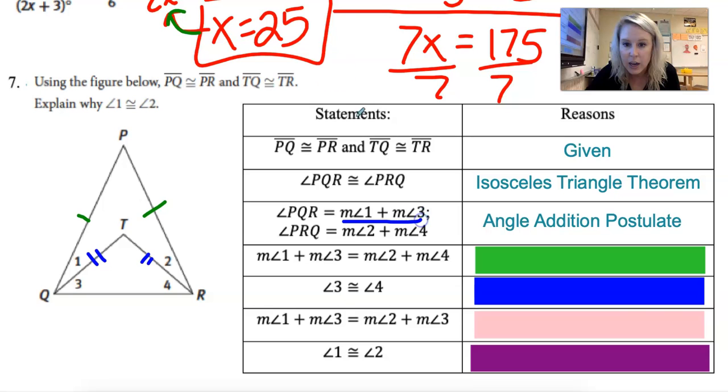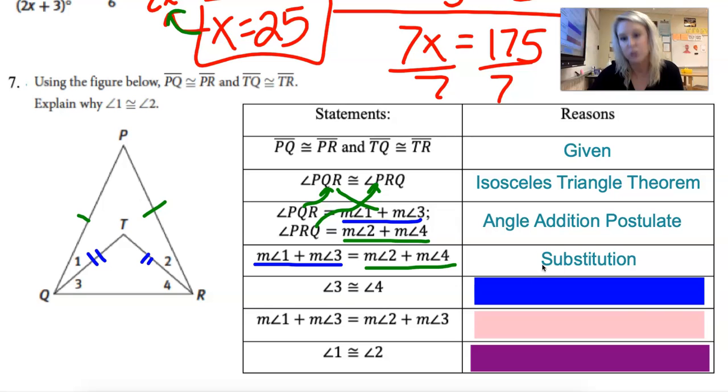So here's my blue side, and here's my green side. Notice the blue side went to the left-hand side. The green side went to the right-hand side, because up here, I knew that this was equal to this, so they just took the blue side, put it in place of it, took the green side, put it on the right. So based off that, that is a substitution property. If I know they're equal to each other, I know what they add up to is also equal. So measure of angle 1 plus measure of angle 3 is then equal to measure of angle 2 plus measure